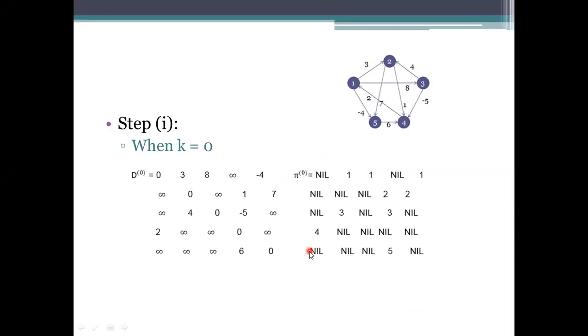We need to calculate all pairs shortest path. All pairs means, in the previous two examples, whether we used Dijkstra's or the Bellman-Ford algorithm, we took a source and found the minimum distance to the remaining destinations. At a time, we were calculating only one source. But in this representation, we are calculating all paths, not only for a single selected vertex, but from all the vertices.